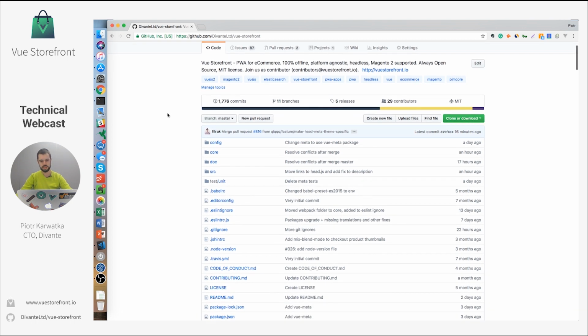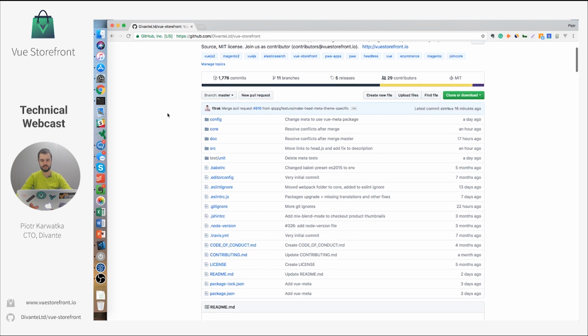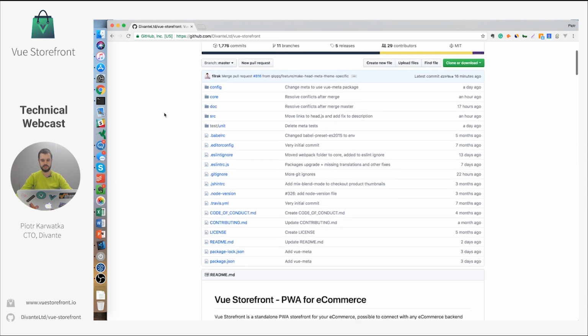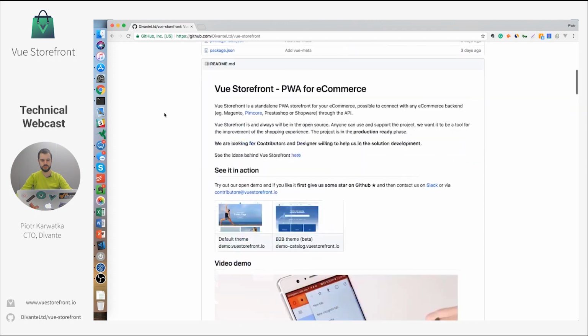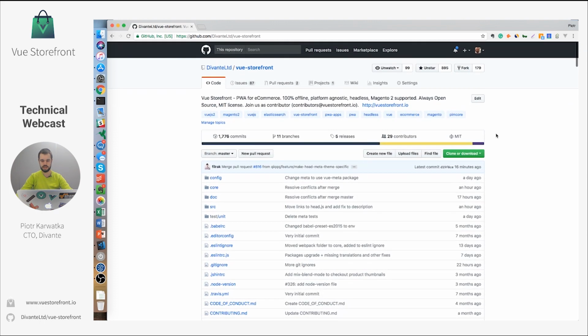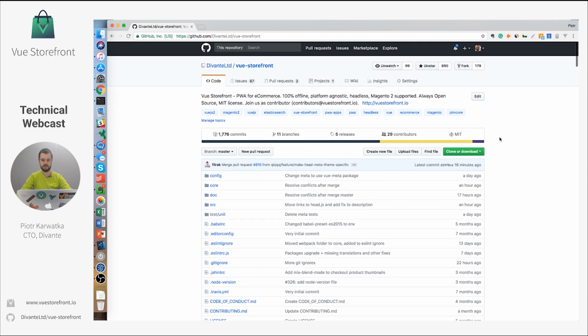Today I'm gonna show you how to install Vue Storefront and run it locally for further development. The process is pretty straightforward because we have an interactive installer. So what you need to do is just clone the repository. Go to GitHub, take the Git URL from here